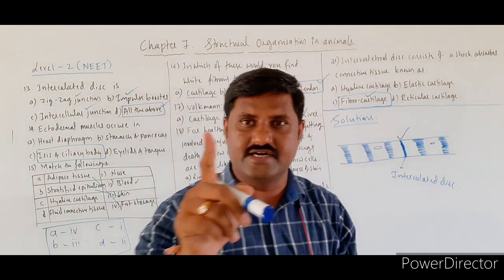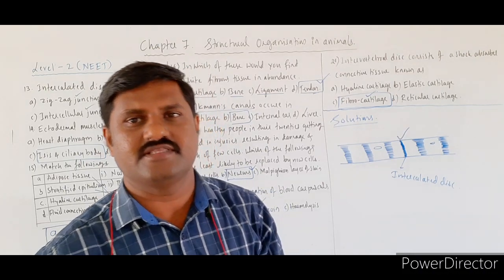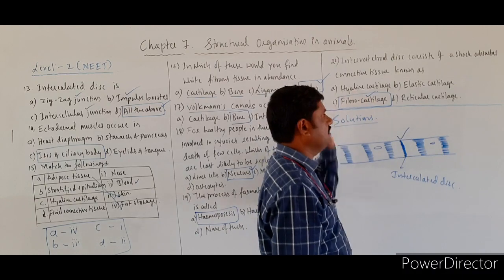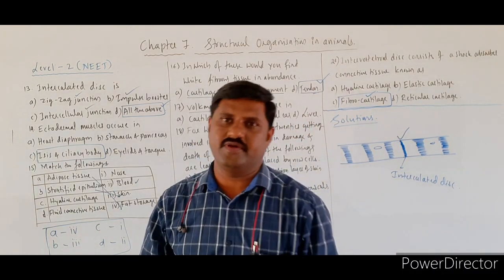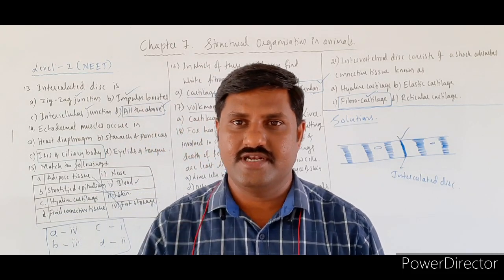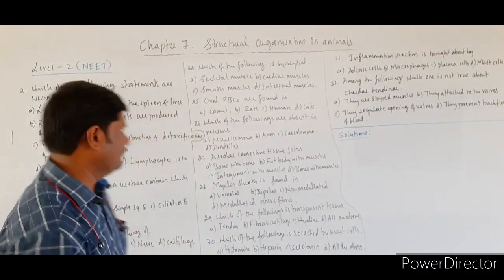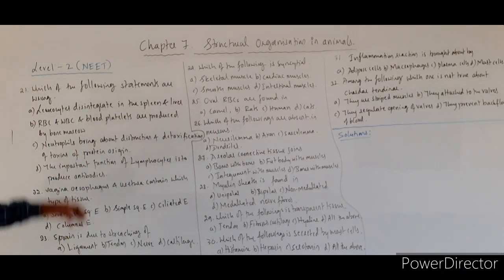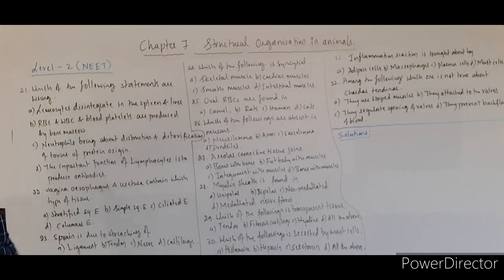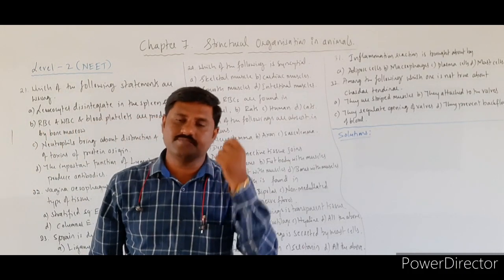In theory I have cleared this very clearly. I have told you, fibrous cartilage is present in the intervertebral disc also. Right? So these are the solutions of some important questions, and the next question we are going to solve now itself. Okay, what is the next question? See here, which of the following statements are wrong? Right? So here some statements are wrong. We'll have to identify them very clearly.